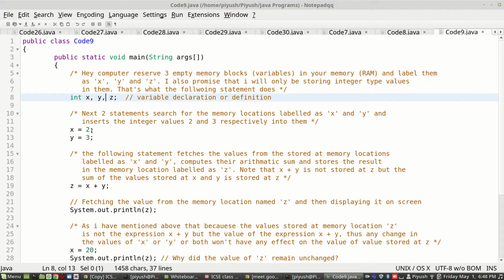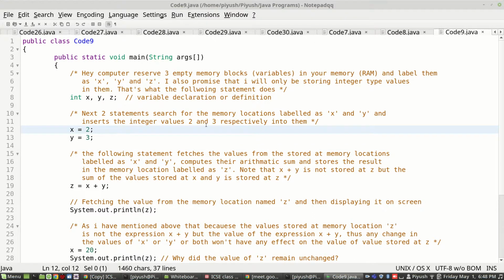So what do your next two statements do? They search for the memory locations x and y and insert the integer values 2 and 3 respectively into those memory locations, or variables.